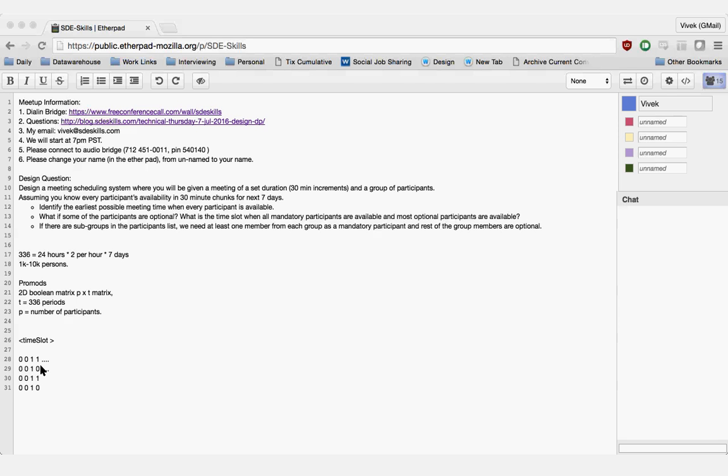That will reduce your API cost, right? Assuming you call the first person and say out of these 336, how many periods you are available, and it tells you. Now that is your metrics that you will pass into the second person. So with O(N), you will be able to figure out what all times suit everyone.